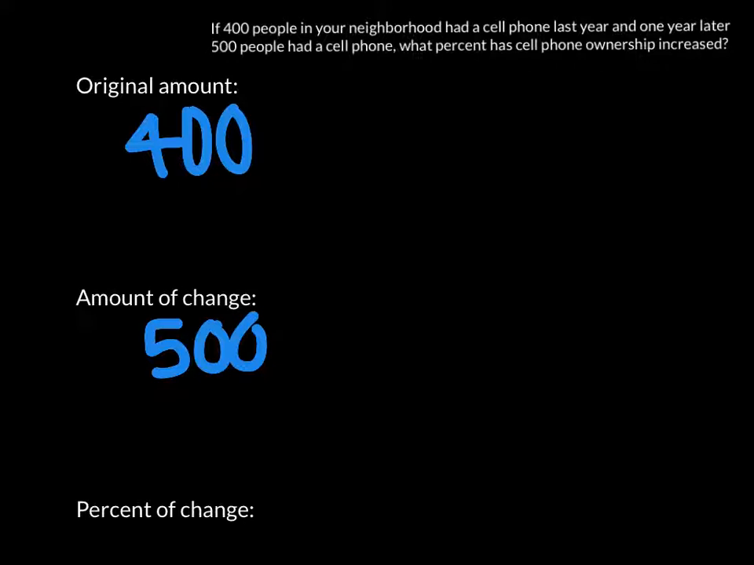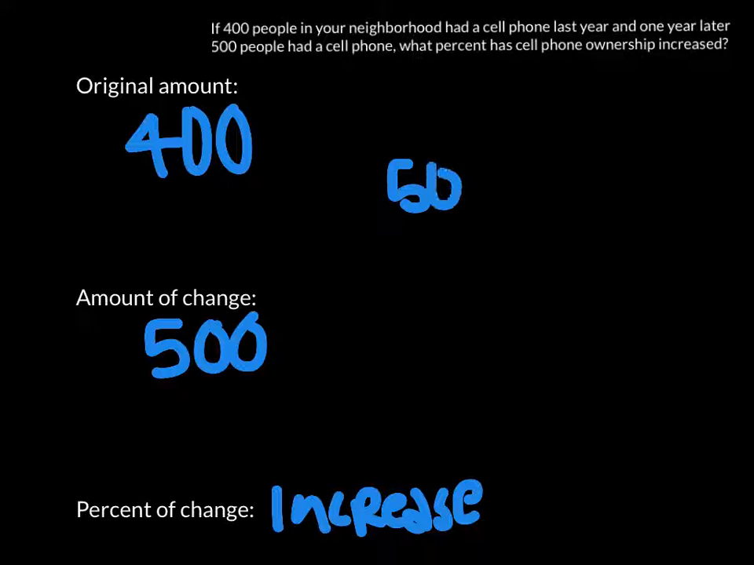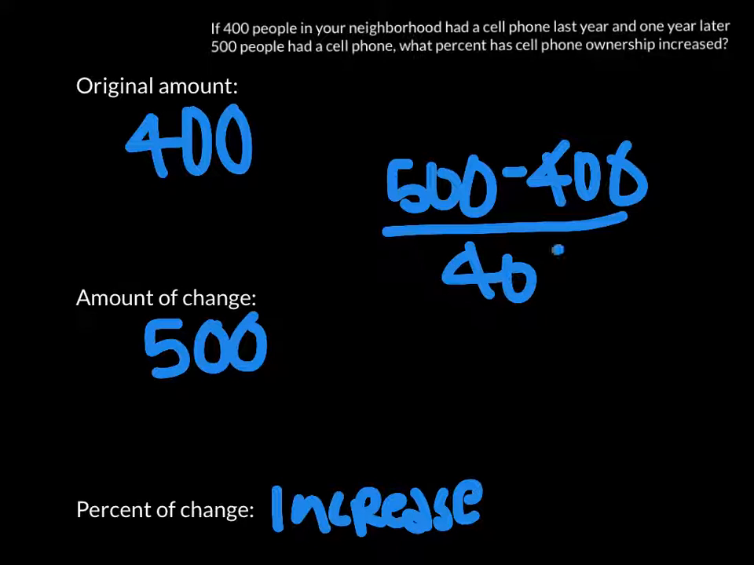So we know it's a percent of increase because it went from 400 to 500. So what we do now is we put 500 minus 400 over 400. Okay? Then it would equal 100. That's a horrible one. 100 over, that really looks like a 7. Hold on. Let me make the 1 better. 100 over 400,